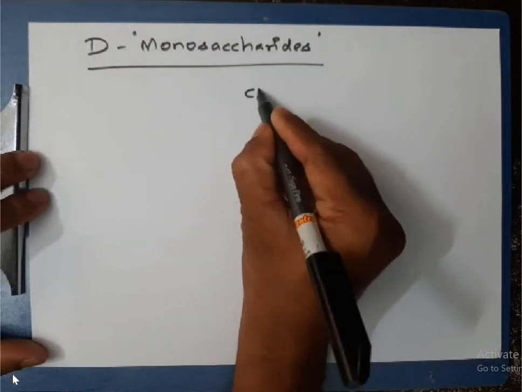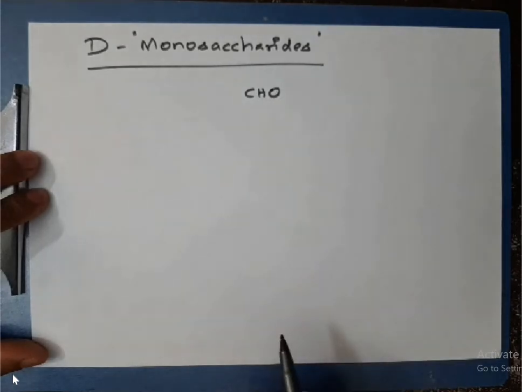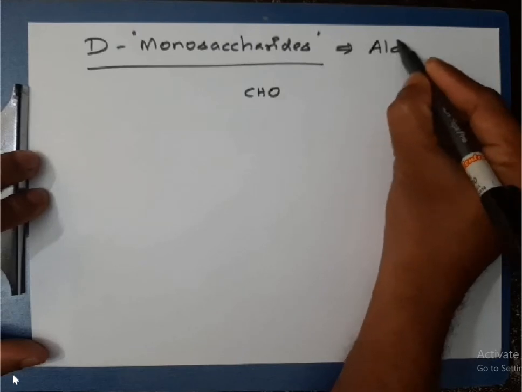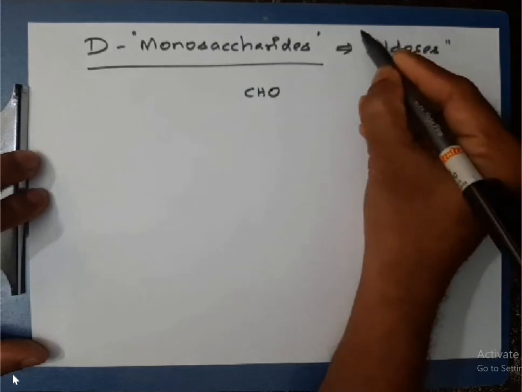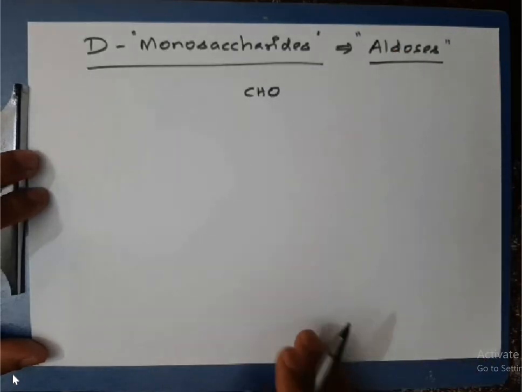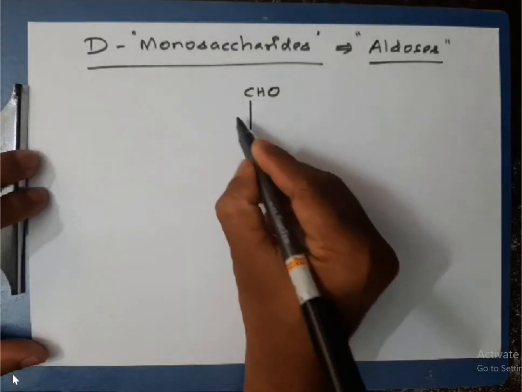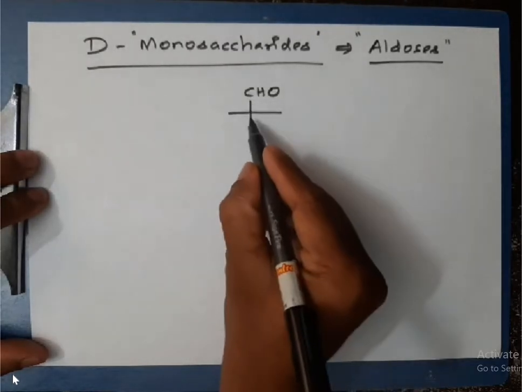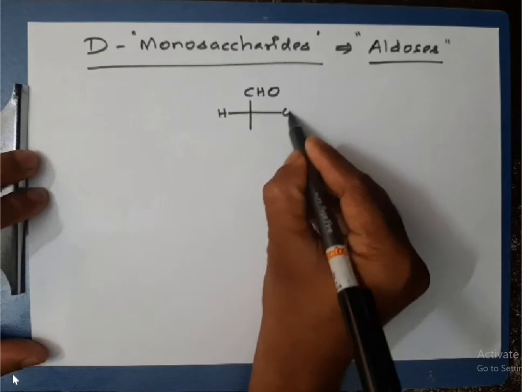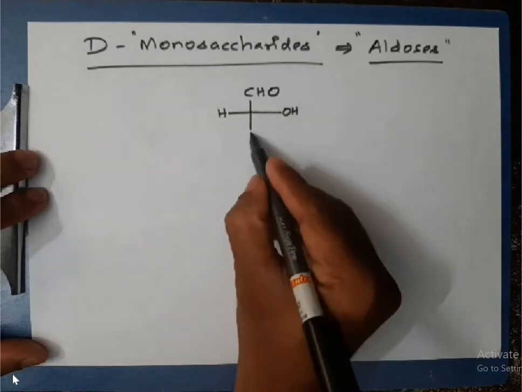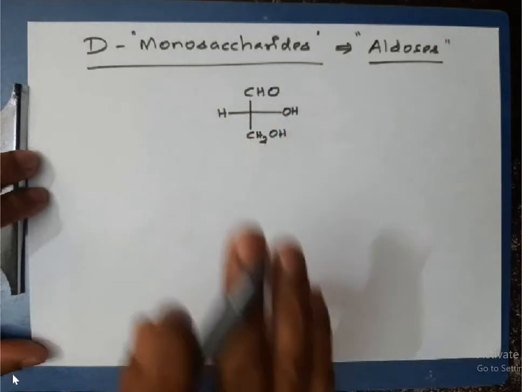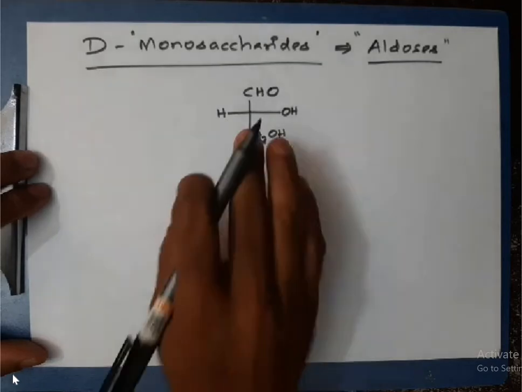That is CHO. Under D monosaccharide, I am going to discuss very specifically aldoses, aldehyde containing monosaccharides. So this is the simplest monosaccharide we have, which consists of only one asymmetric carbon. In that asymmetric carbon, I'll put OH group in the right hand side, and here we have primary alcoholic group CH2OH. This is the simplest carbohydrate we have, and the name of this compound is